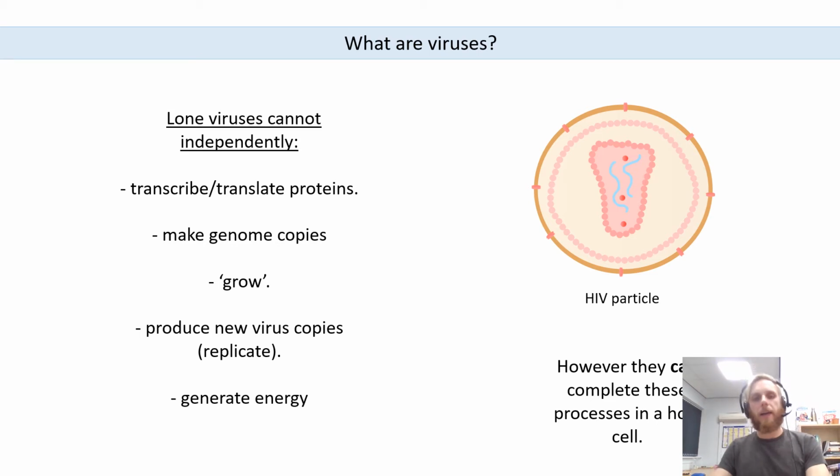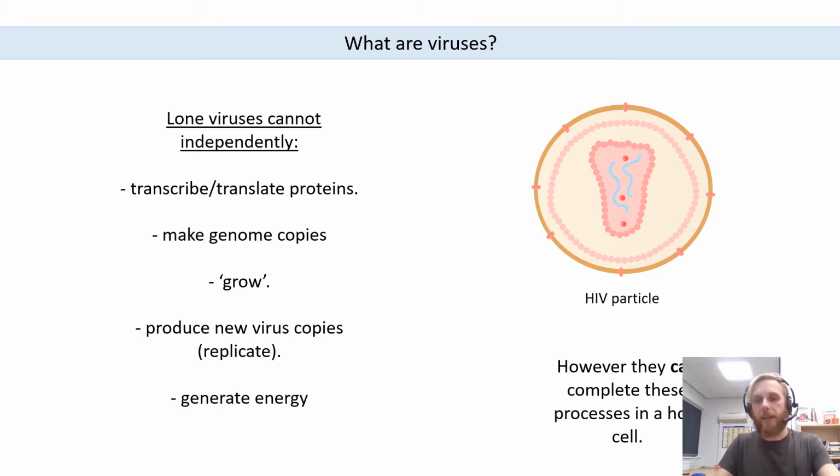Okay, here I have some of the different processes that I referred to. So if we think about the processes that define life, we can say the ability to transcribe and translate proteins, the ability to make genome copies, which is replication. So transcribing and translating proteins is genome expression, making genome copies is genome replication, the ability to grow, essentially to assemble proteins and assemble other structures to make a bigger virus particle, or in the next line to make additional virus particles. It's just not able to do this because these efforts are obviously linked to gene expression